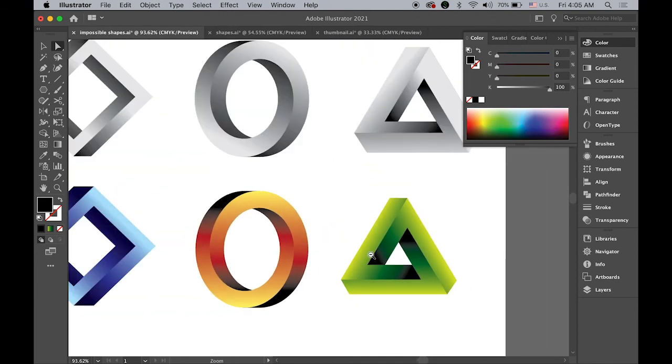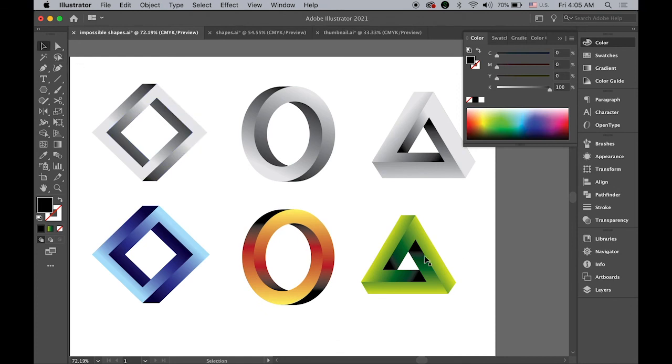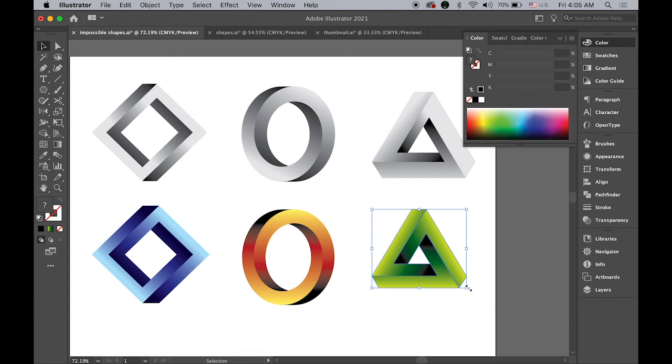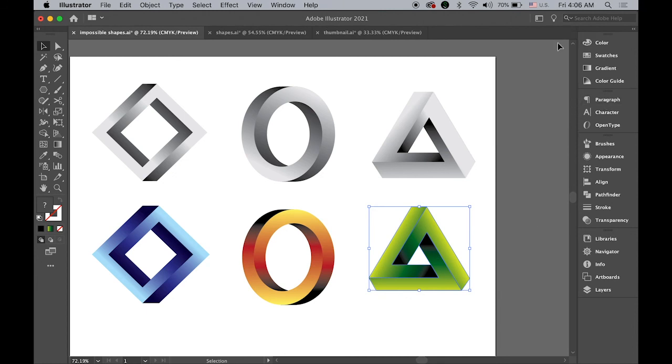All right. So I think we are all done with these three different impossible objects like the optical illusion using Adobe Illustrator. Maybe next time we're going to utilize these shapes for Animate CC and